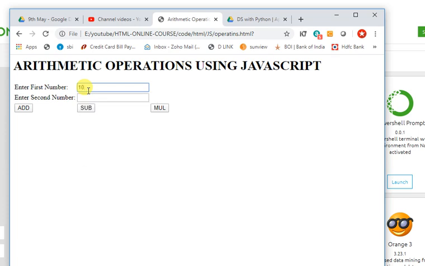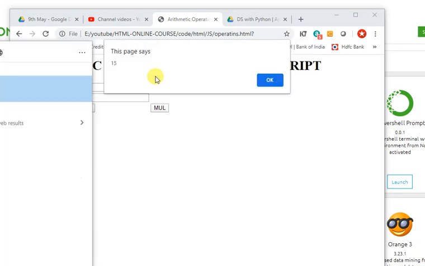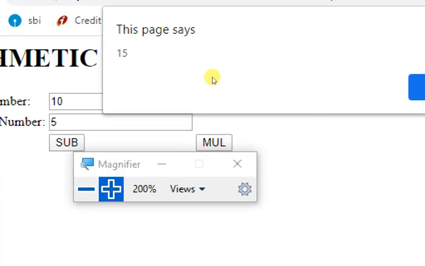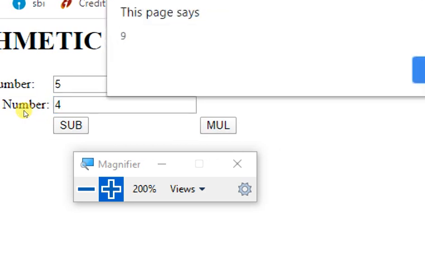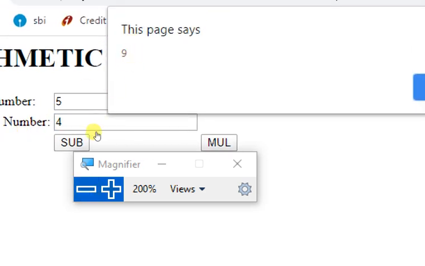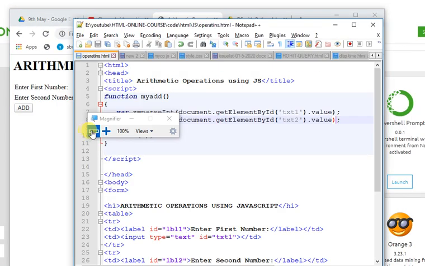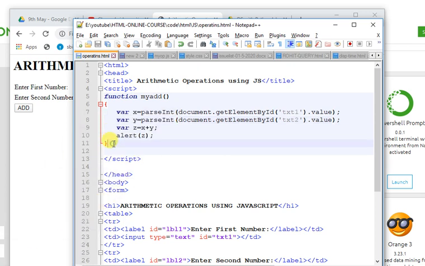Let's do 10 plus 5 and get the answer 15, right? We will again write one more value, 5 plus 4, I press add, 9, right? So like this I simply completed the addition operation. In the same way I need to do it for the subtraction. Very simple, just